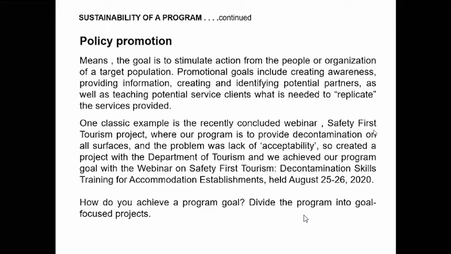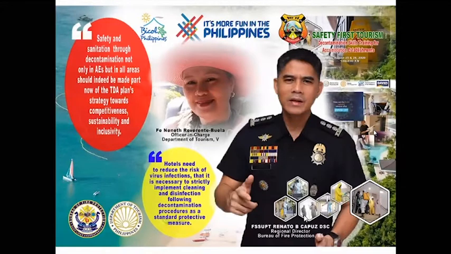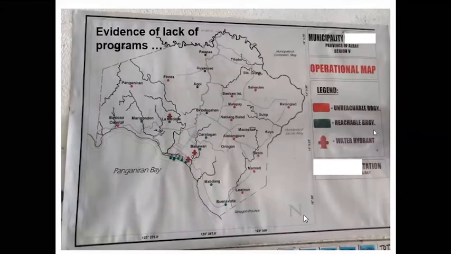Okay. Now, a very good example nga, hindi siya fire safety program, but a program on decontamination. Okay. Ito yung project namin ni RT. Okay. Yung project natin with tourism. Nakita niyo ba, Lods? Yes, sir. Okay. Ayan. Now, let me give you an example. Nakita mo tulos na mapa? Yes, sir. Okay. Now, this is a map of